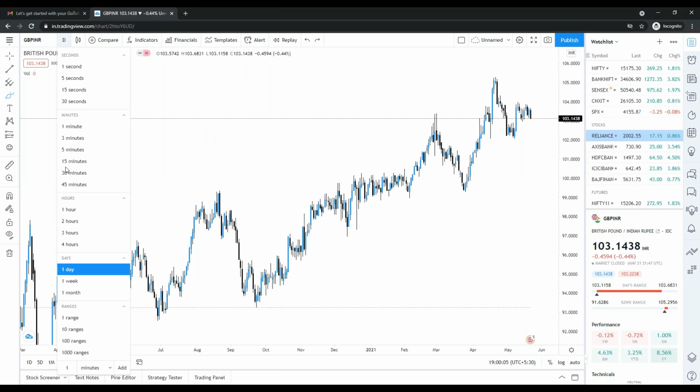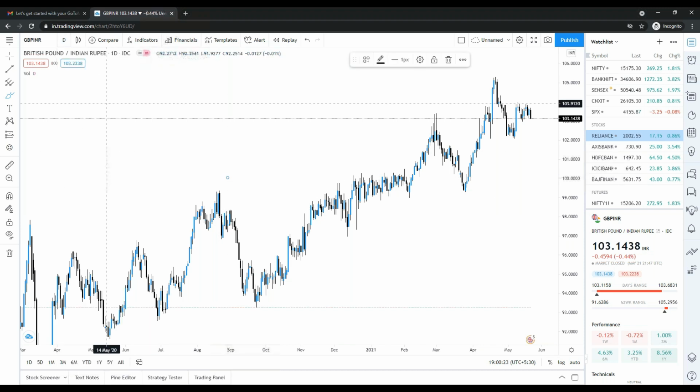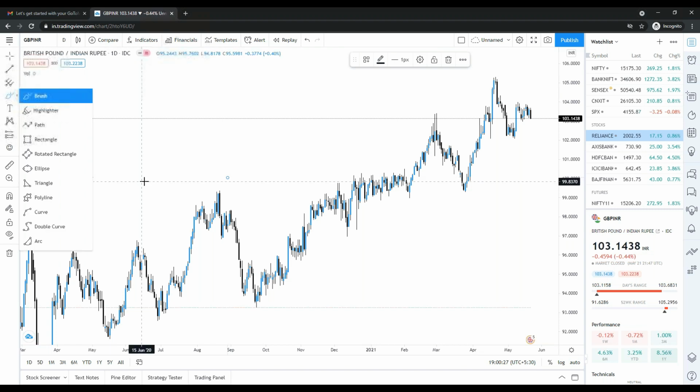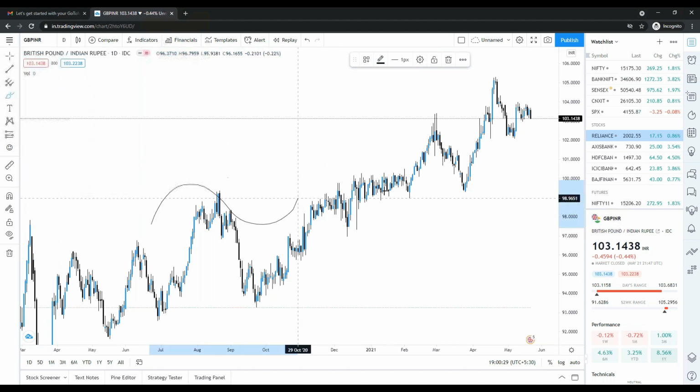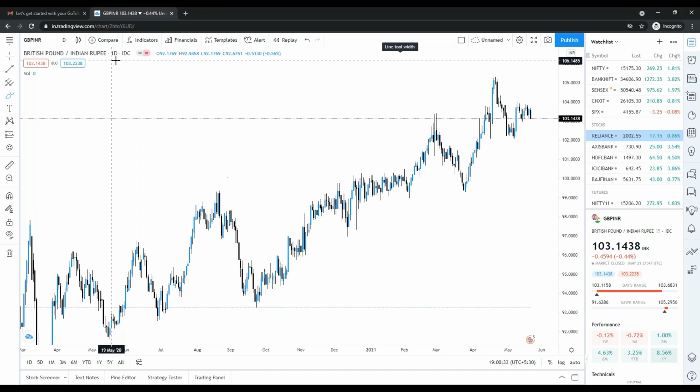Now what next? After this, this is a time frame. See, guys, this is daily time frame, weekly time frame, monthly time frame. Time frame is also playing a very important role, because time frame shows your style of trading. If you are a swing trader, or a professional positional trader, you would not be watching 5 or 10 minute charts. You are watching these charts. So currently, don't worry about the time frames.